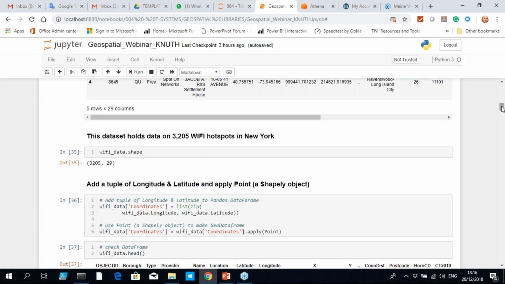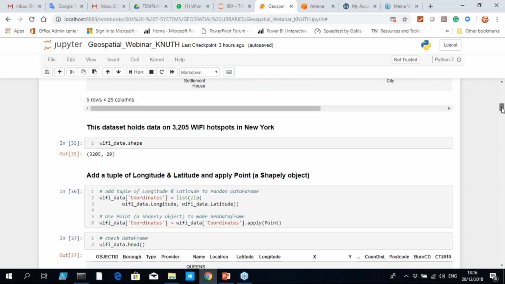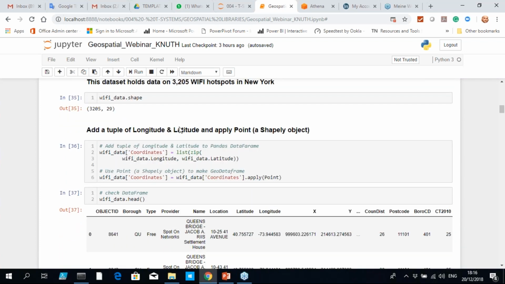All right, so in order to plot the data, to visualize the data, we have to add a tuple of longitude and latitude and apply point, which is a shapely object. So just to translate that in very simple language, just imagine having a physical map on your wall, and you want to pin to that map, for example, Post-its with the locations of the different Wi-Fi hotspots. So this is kind of what we're going to do today using